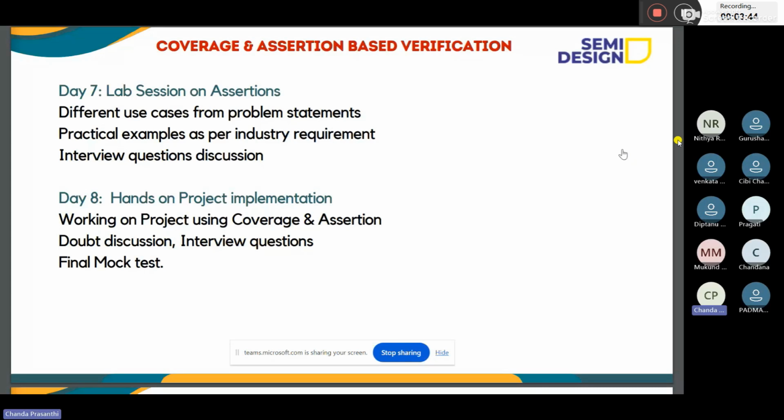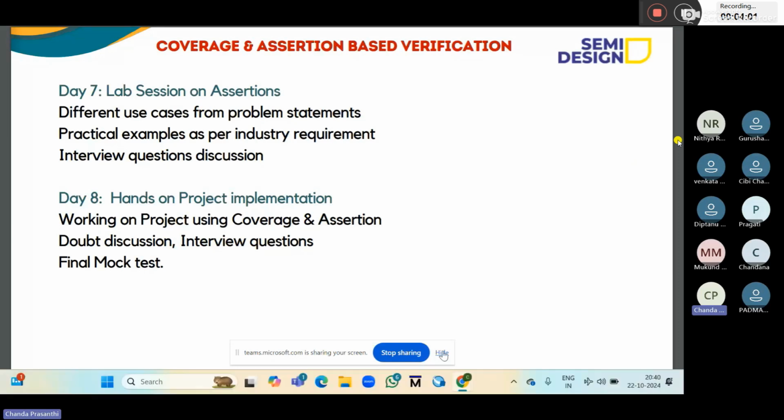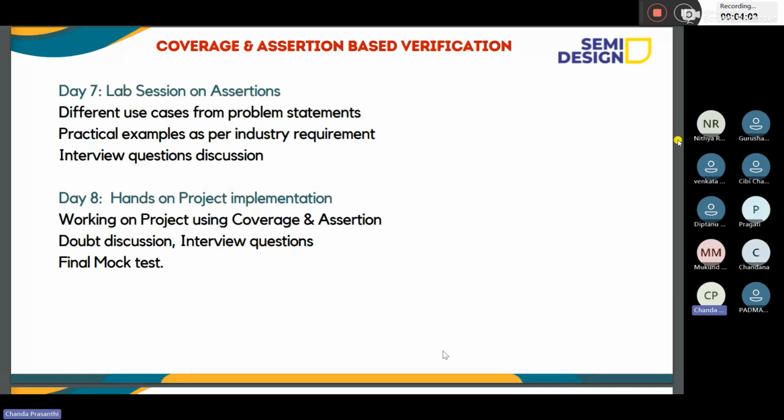Next, some projects which cover assertions and coverage, so we will discuss how practically we can implement them in projects. And finally, some mock interview questions. So this is the 8 days schedule. Next 8 days. What is the date today? 22, right?